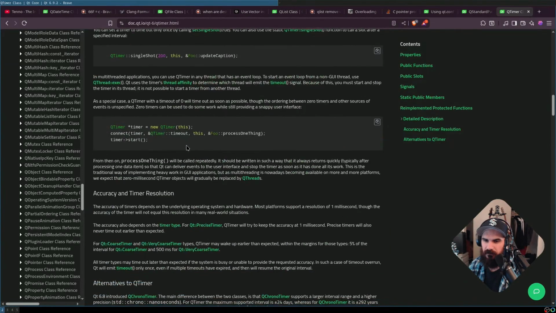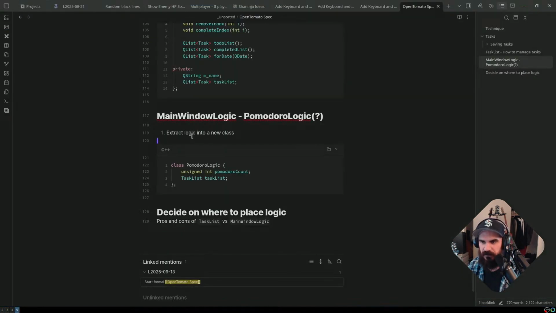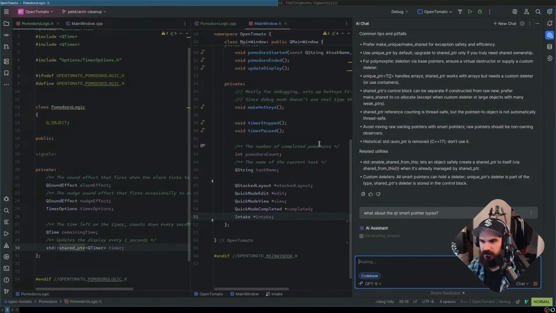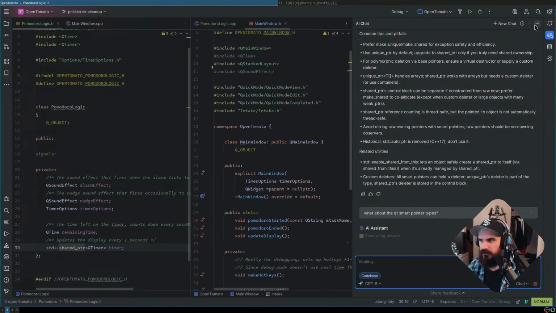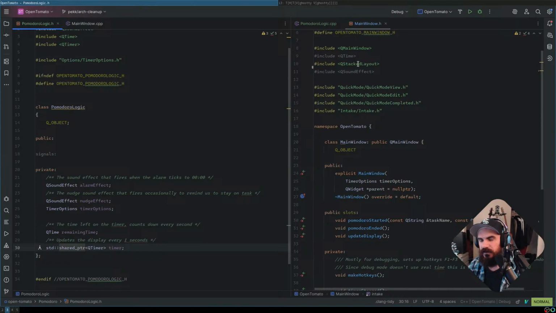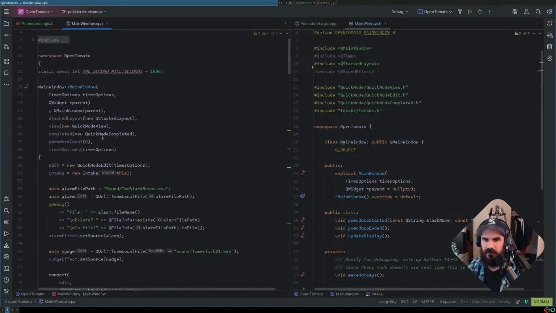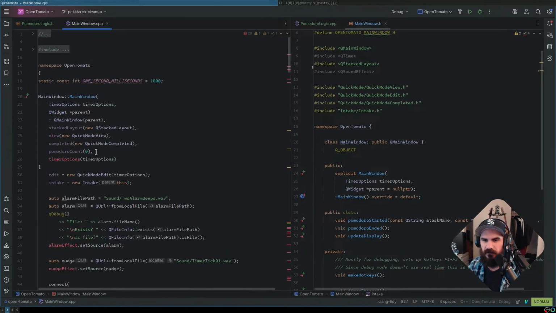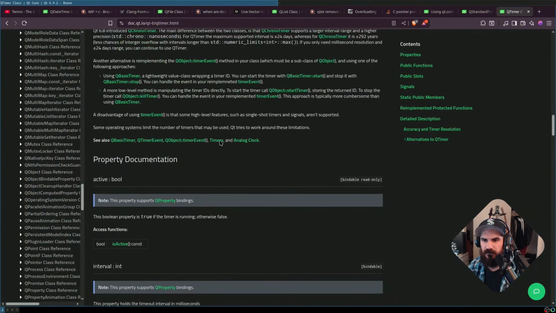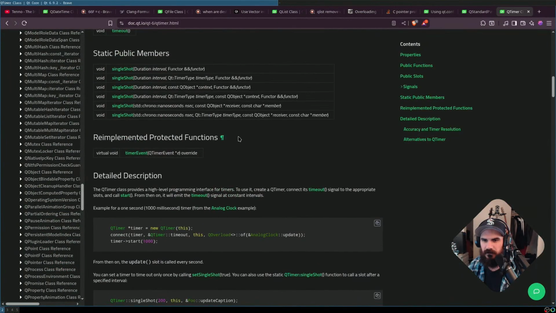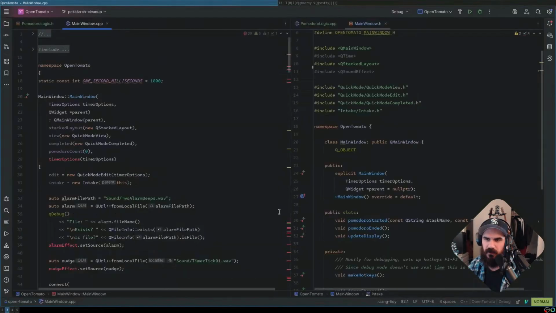So actually, I've been leaking memory here, I think, because I don't think I have a destructor on this class. I just realized. Oh, but wait, maybe QTimer might take a parent. Let me see. Yeah, QTimer has a parent, so I probably don't have to clean it up, actually.